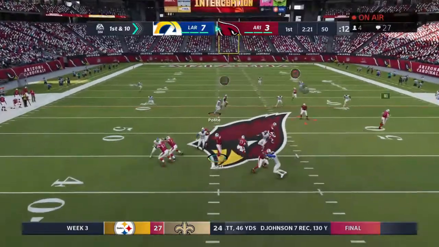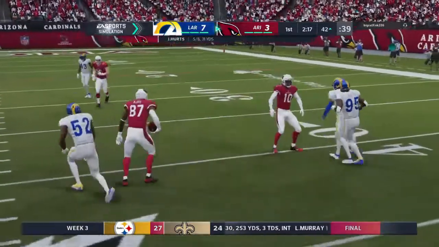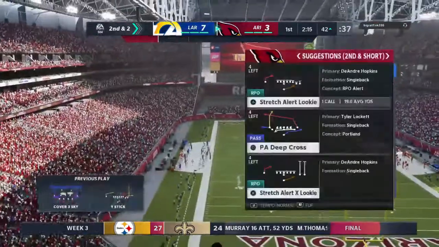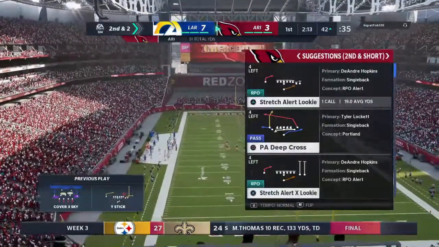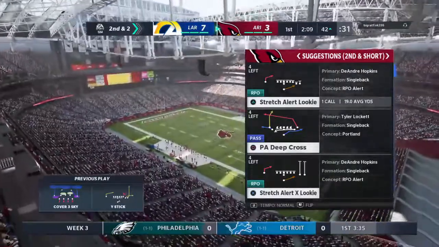From the midfield stripe, they'll look to throw. Got an open man. That's David Njoku, the tight end. And the result here, a pickup of 8 yards. Leaves him with 2 to go on 2nd down on the pickup. We've seen quite a bit of the short passing game here early on in the first quarter, haven't